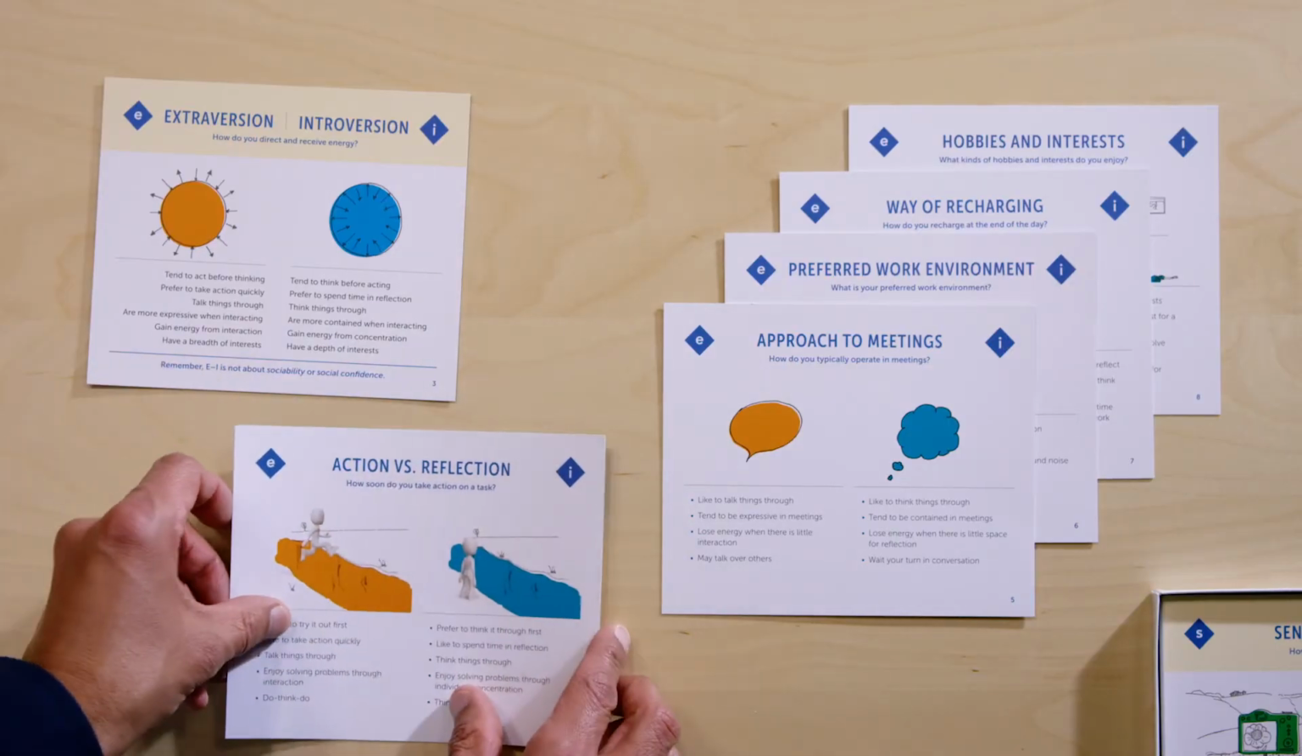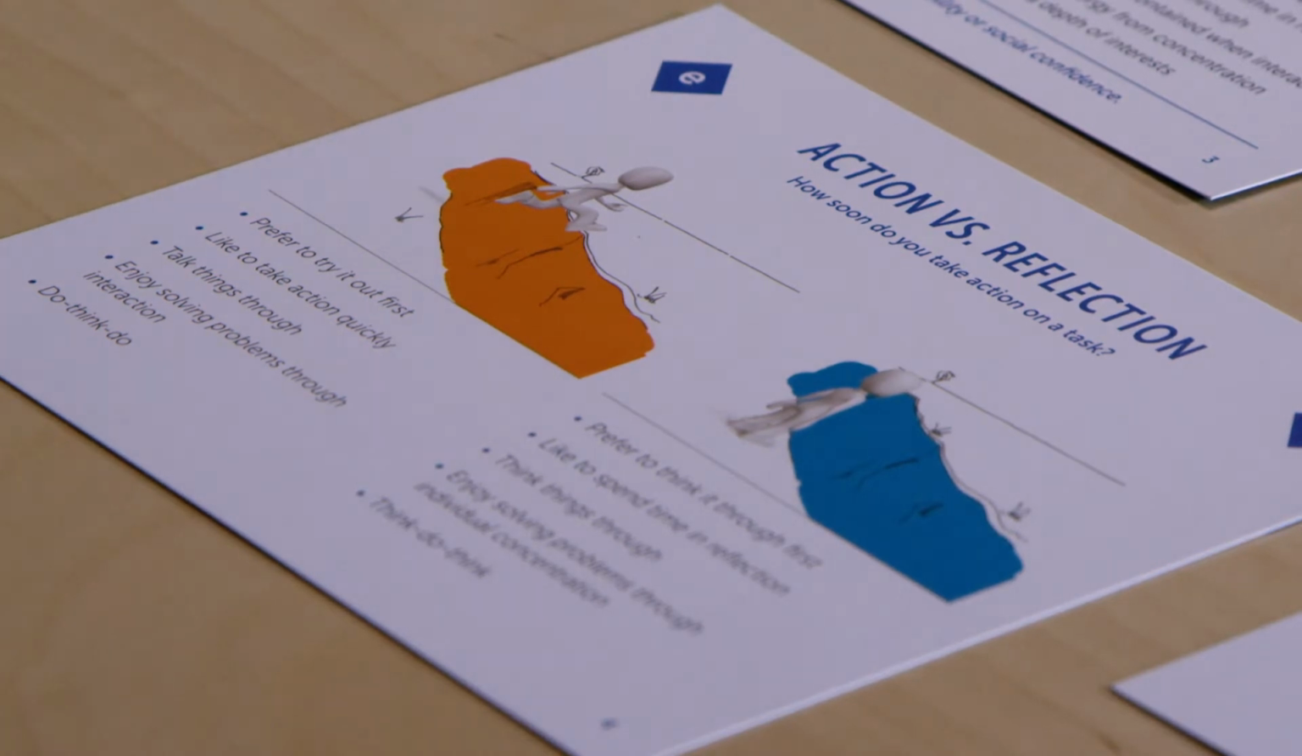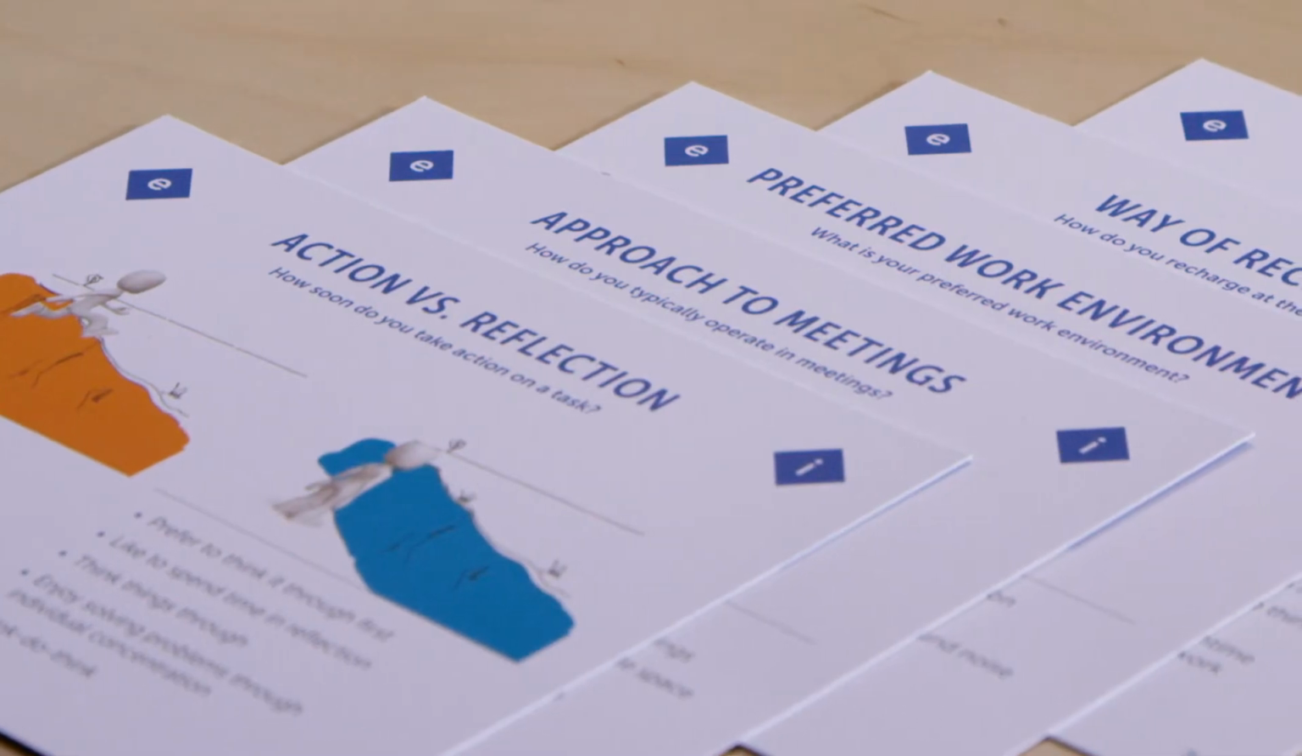Once the discussion is complete, use the front of the card to debrief. Then bring the exploration full circle by using the bullet points to show typical answers to the question you started with, "How soon do you take action on a task?" for both sides of this preference pair. You are now finished with this card and ready to continue your exploration of the EI preference pair using the